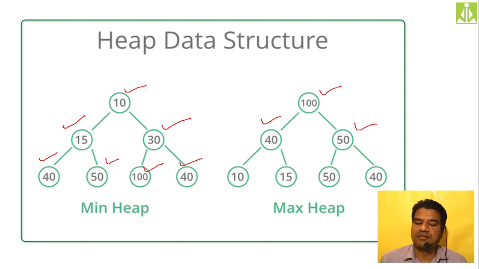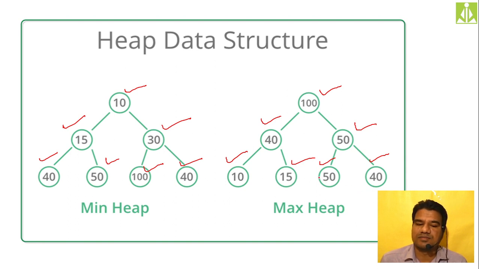50, same thing. 50, 40 we have. I mean, equal values you can also have. Here 50 is greatest. So leaf nodes, whatever values you are having, it doesn't matter because they are not having any children. Here we have maintained 10, 15, 50, 40 likewise.